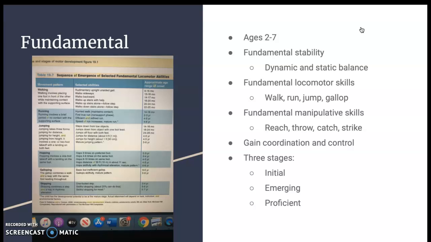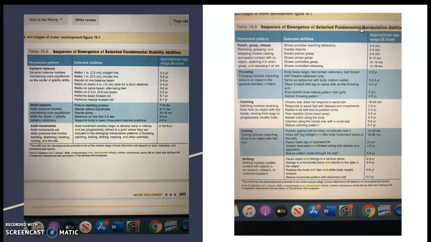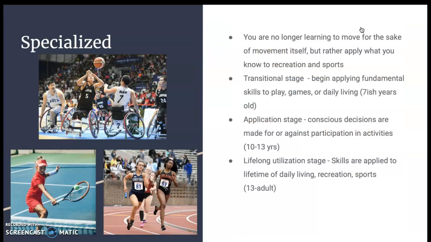I also put in pictures and charts. It gives a movement and then the approximate age as to when that movement is going to take place. So you can kind of look at those closer if you want. Finally is the specialized phase. The book states